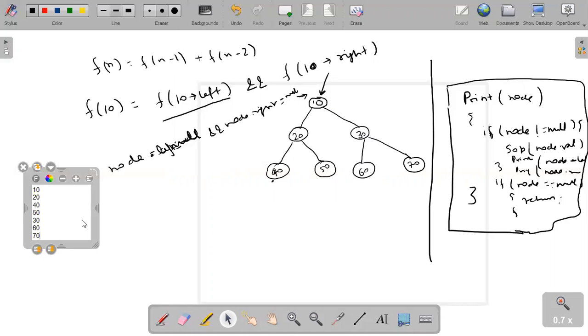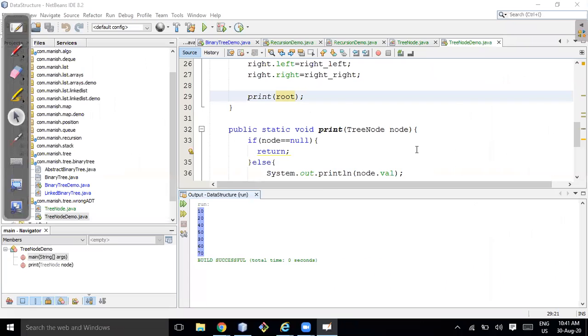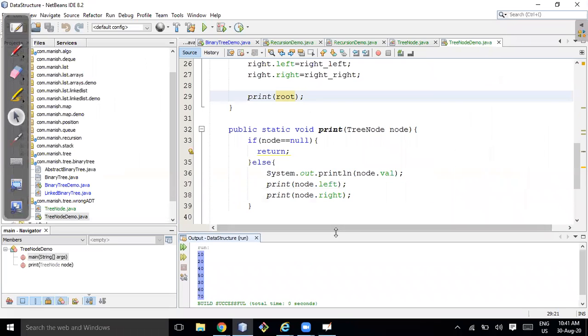What is the order of printing? Something like in-order, post-order, that kind of. Yeah, it's in-order, right? Actually, we did tree traversal, just printing the elements, and it should be pre-order.